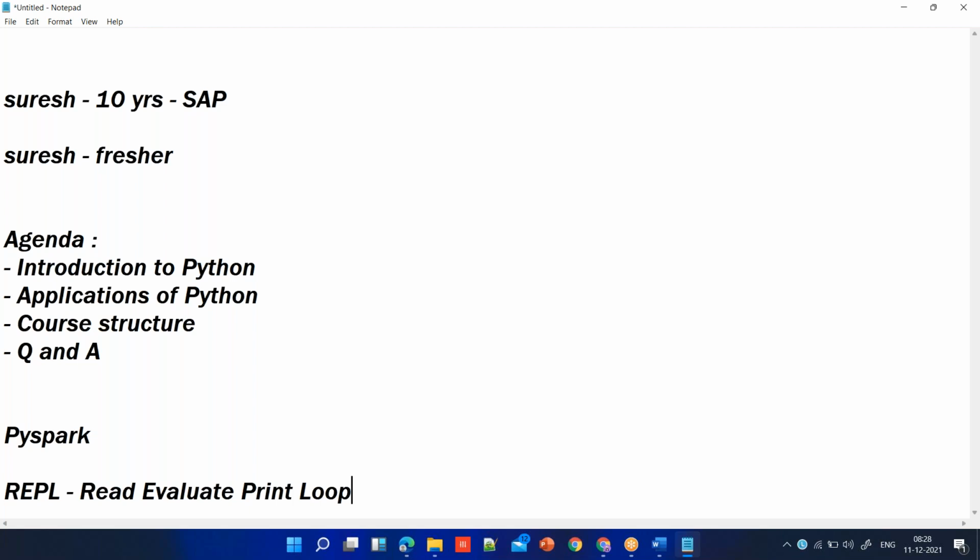Before jumping on to what exactly Python is, let's talk about the definition of a programming language. So what is a programming language, guys? What is a programming language according to you? Any idea?